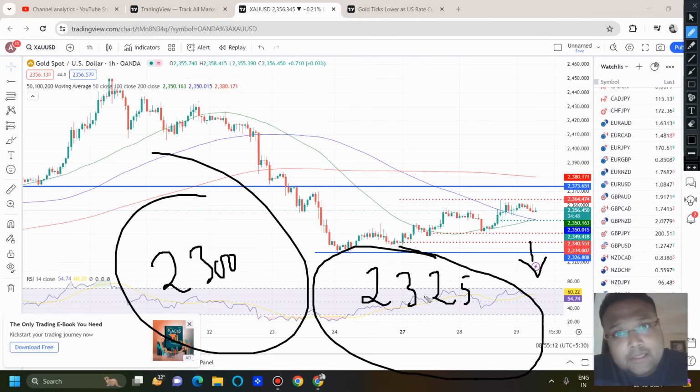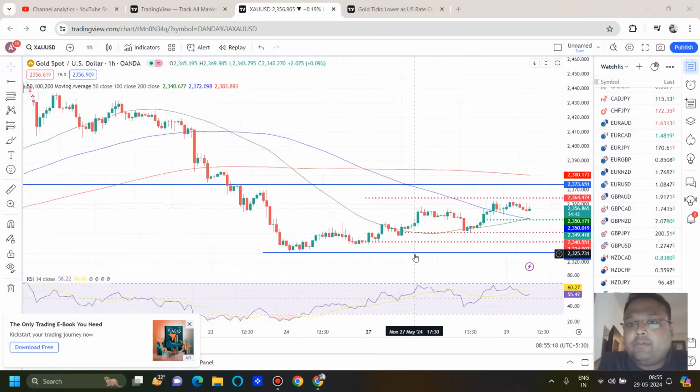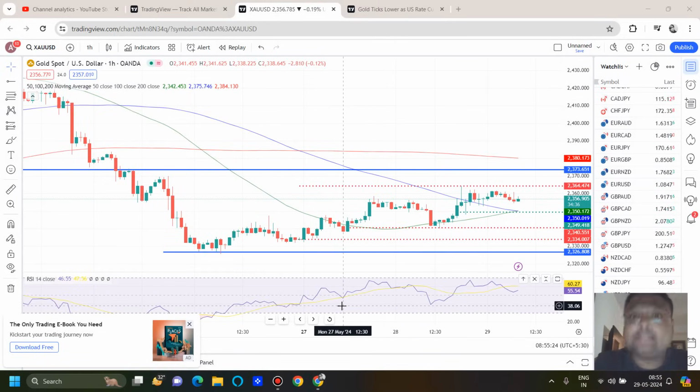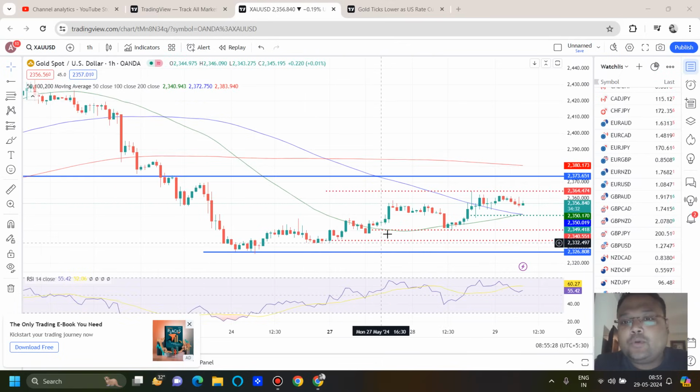What does it mean? It means sellers are in control. In that case, you can look for a sell below it, below 2325. But the problem is that 2325 is also far away from the current market price. In that case, especially during the Asian session and European session, you can look for a temporary bounce of 30-40 pips